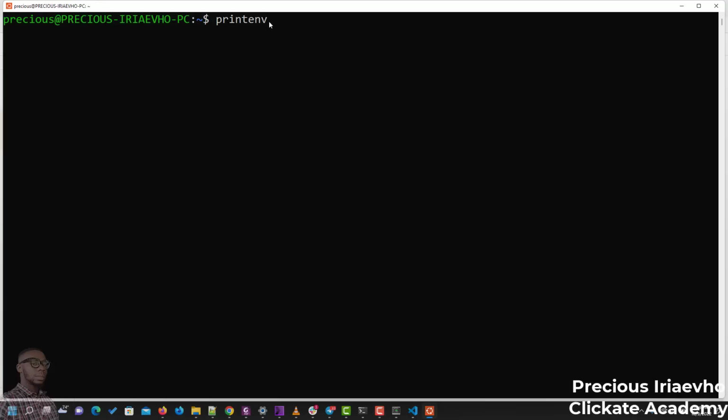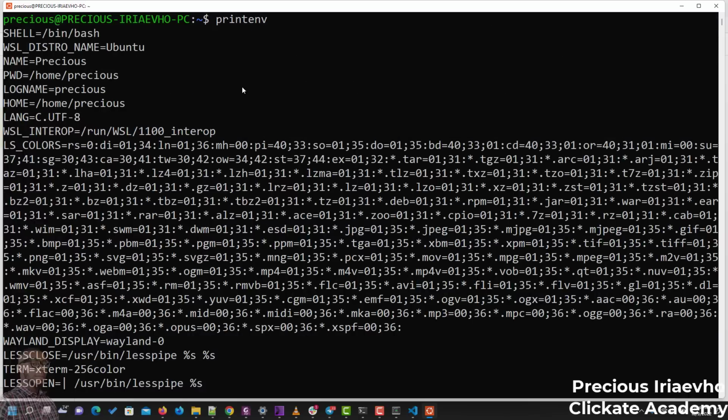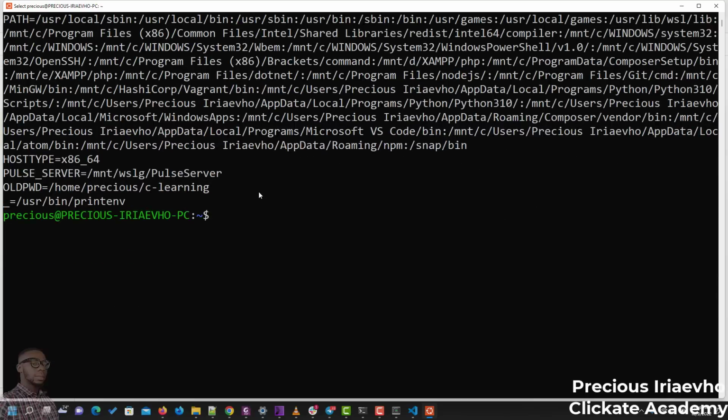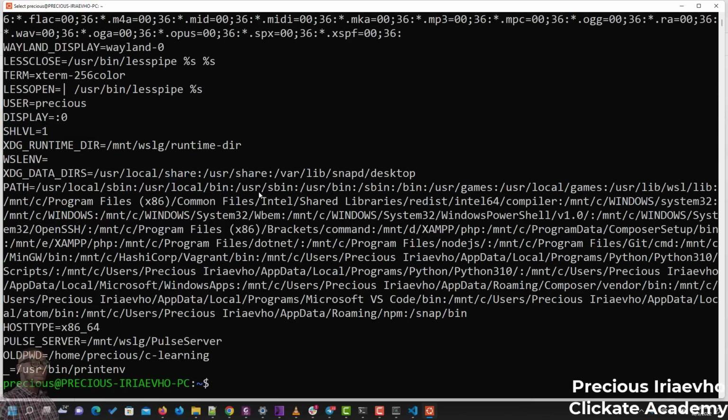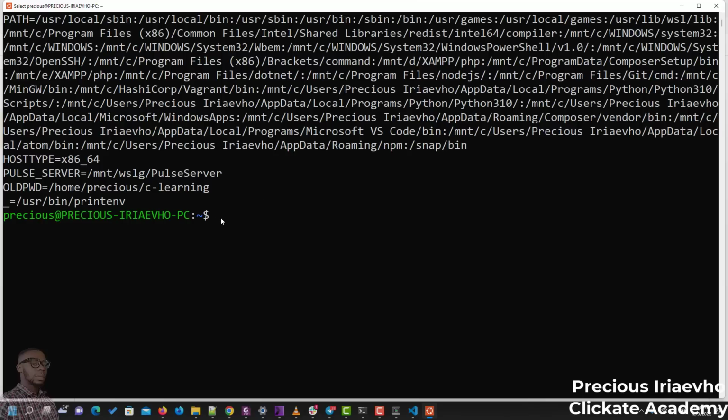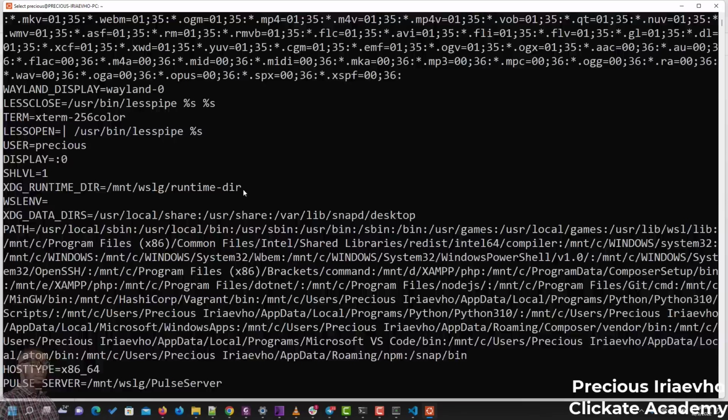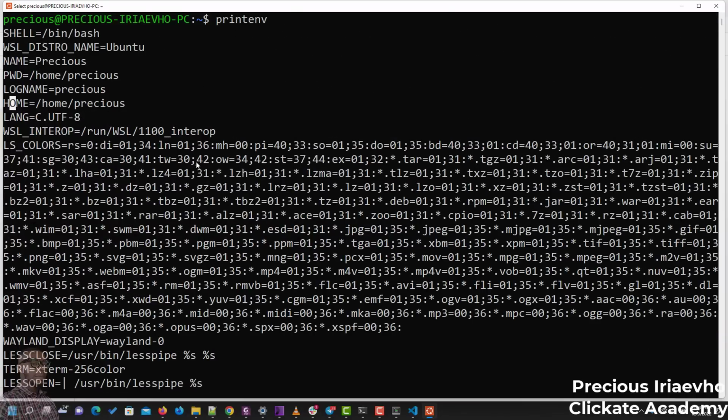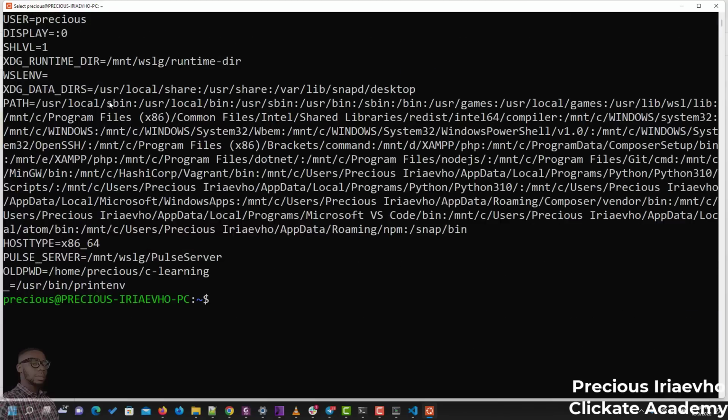So if I press the enter key now, I'm going to get all the environmental variables. And as you can see, there are a lot of them. The first one is telling us about SHELL. We have WSL_DISTRO_NAME. These are variable names: SHELL, distro name, PWD, LOGNAME, HOME. Okay? So now that we've called all the global variables, we can actually access them, and it's very easy. All we say, to print out my name, we will do something like